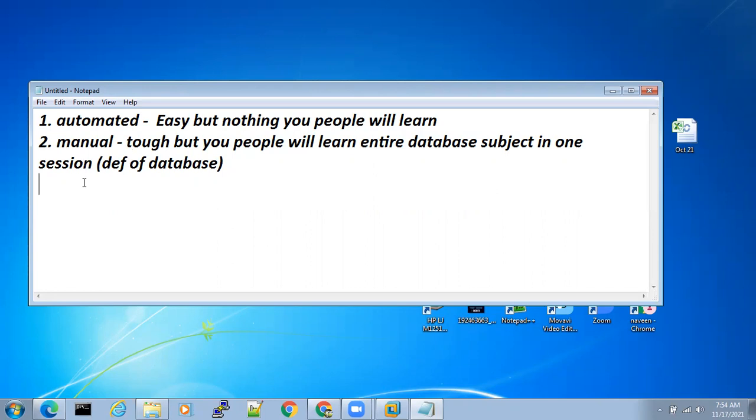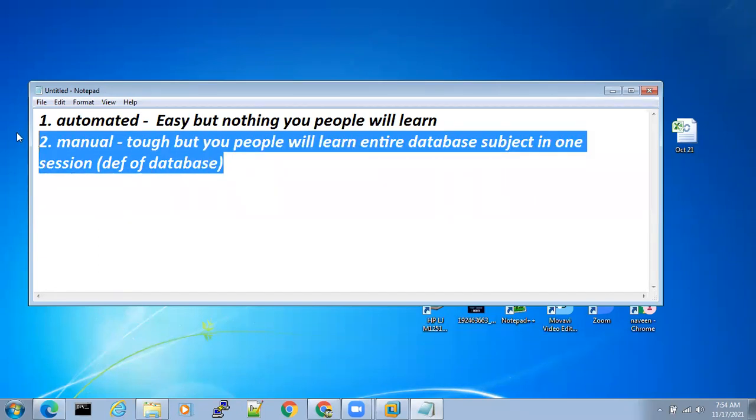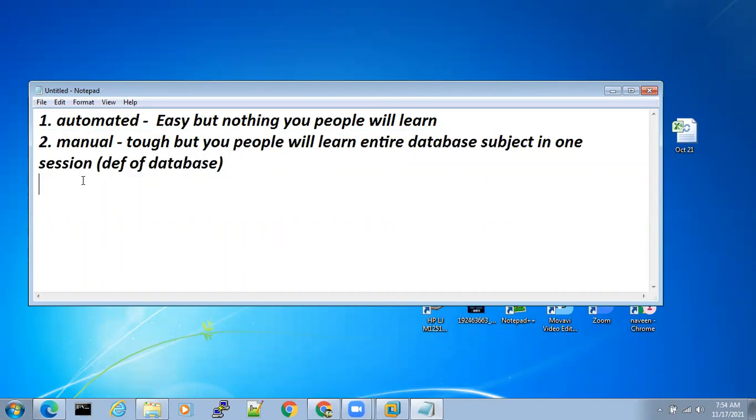But today's session will take 1 hour. Why? Because you people are doing it for the first time. But in general, if you keep on practicing, manual database creation can be done in 5 minutes. And at the time of database creation, if you feel challenged, or feel like you are stuck somewhere, definitely I'll give you one option. Please go through the recording. That is why I'm giving you all the recordings. Wherever you get stuck, go through the recording.